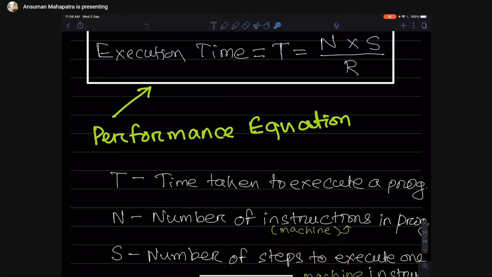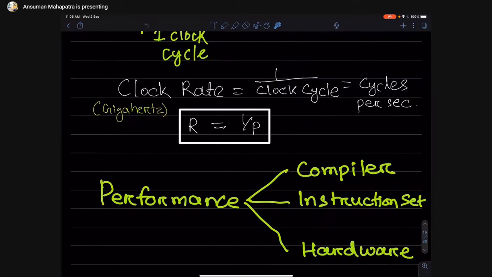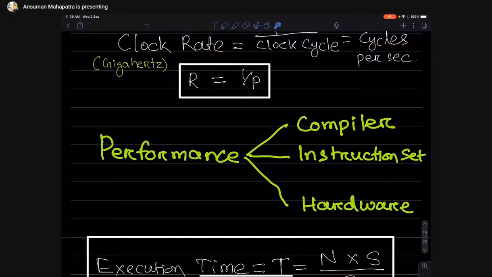And R is inversely proportional to T. R is the clock rate. So the rate is inversely proportional to the time taken.